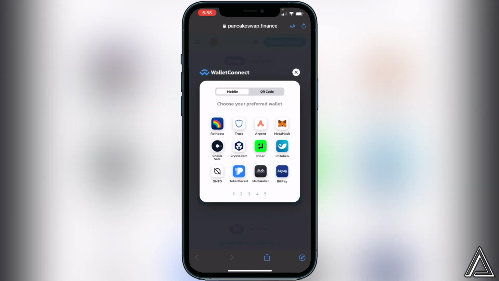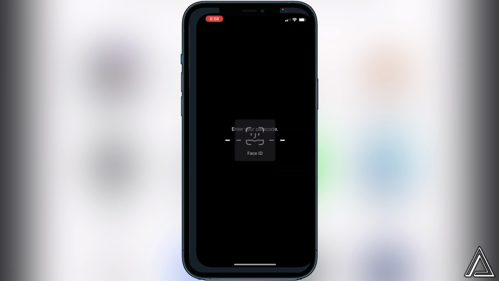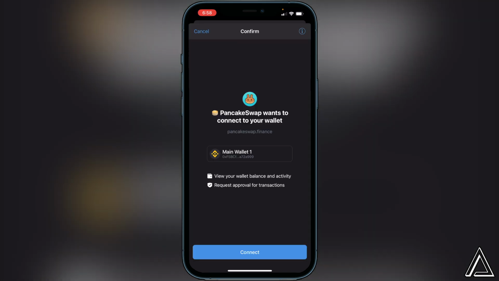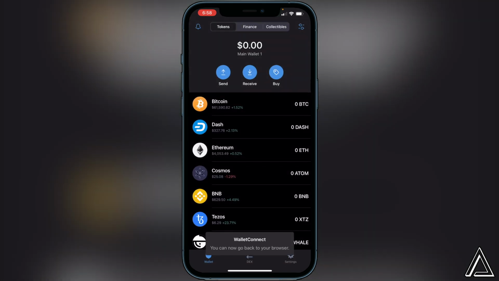And then it's going to open up this again, so we can choose Trust Wallet one more time. That's going to open up our Trust Wallet here. So we just give this a second to pop up the connection screen to connect our Trust Wallet to PancakeSwap. And once we get this connect screen right here, we can just click on the connect button and then head